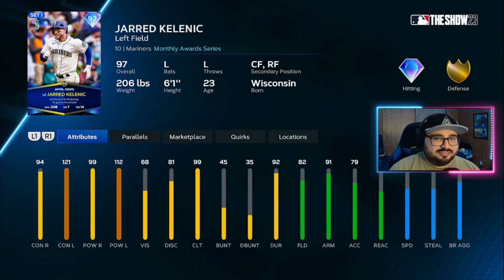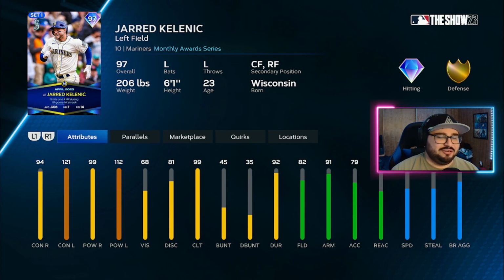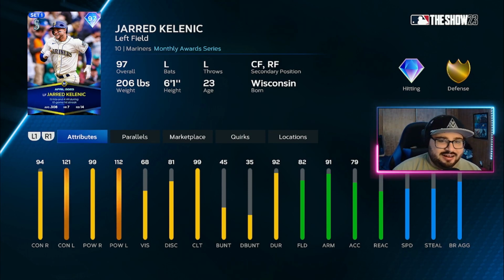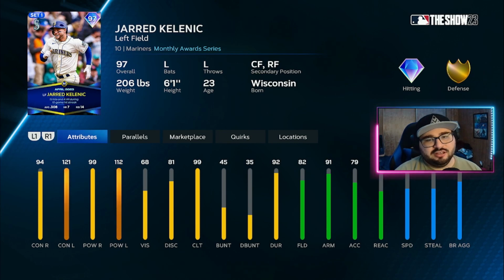Jarred Kelenic, somebody else people were kind of angling for. He hits fastballs incredibly well, and this is a beefy Kelenic card. I really wish they had both Kelenic and Marsh, but again, I don't know what to say. All right, 94, 121 on the contact, 99, 102 on the power. His clutch is 99. Again, this guy I would say is in that leadoff to maybe bottom of the order range, but